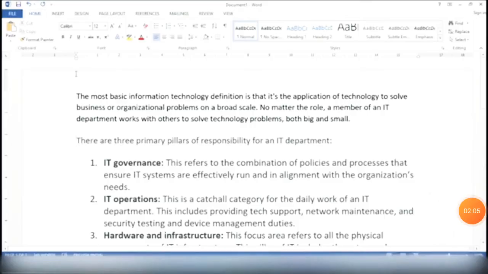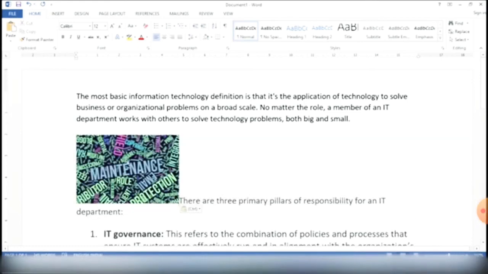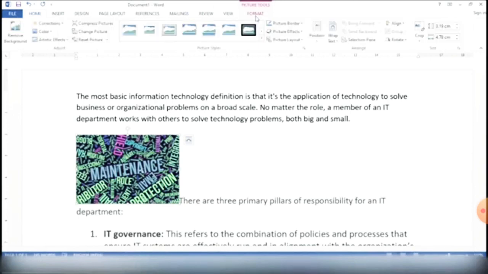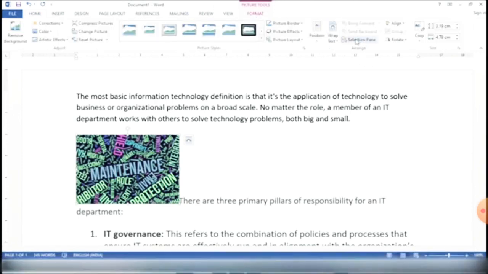Now children, we have here some text with our images. We insert the image and we want to adjust this image with our text. As you click on the picture, you will get the Format tab automatically on the menu bar, and in the Arrange group we find Text Wrapping.